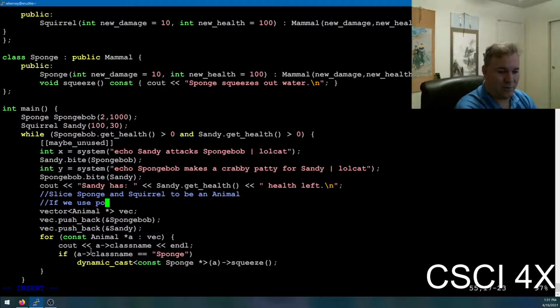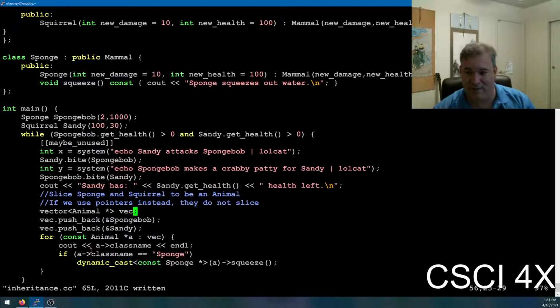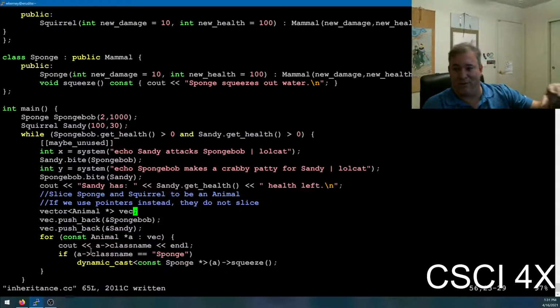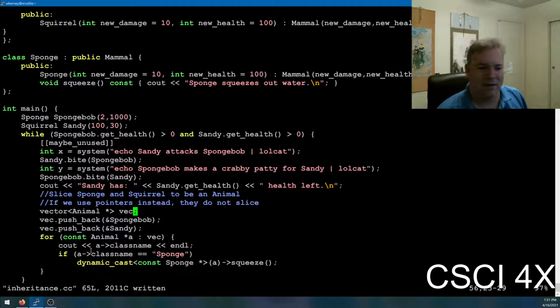If we use pointers instead, they do not slice. I know how much you guys love pointers, and because you use pointers so much, I think you should use inheritance. Because with inheritance comes pointers, and pointers don't slice. It's just pointing out a chunk of memory. It doesn't copy things into an animal. So